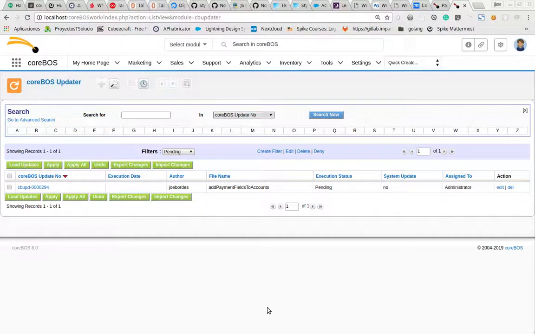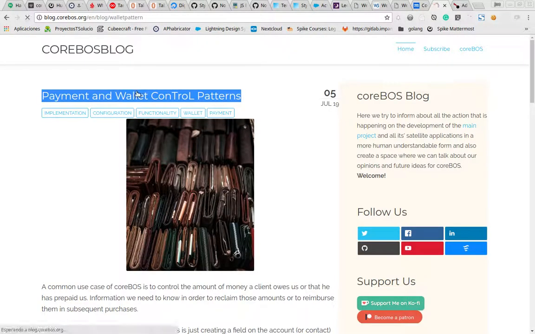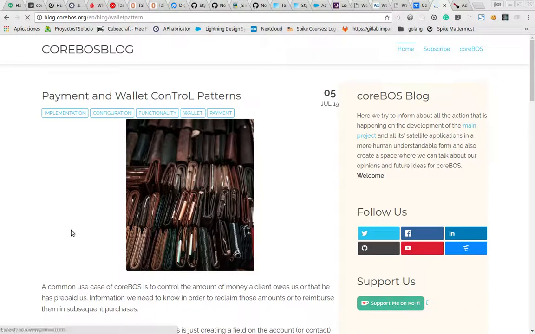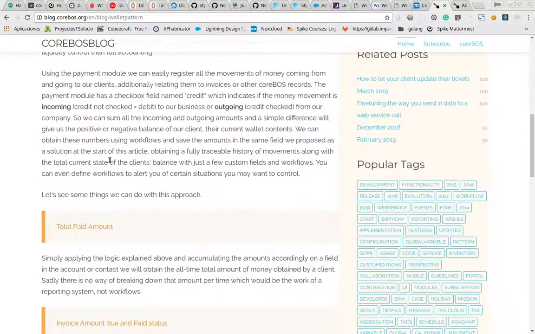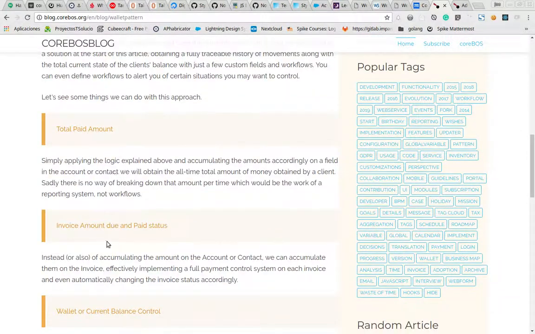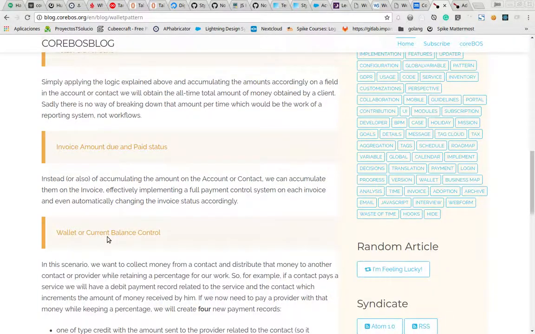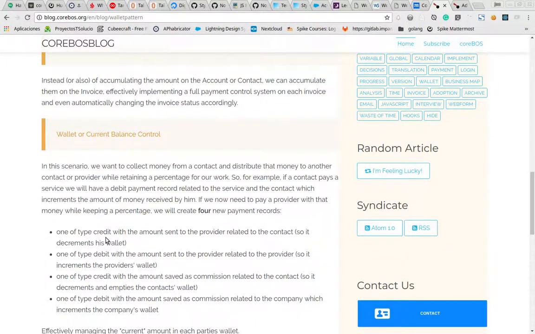Hello, good morning. This is a quick video to show you the new functionality about payments. In this blog post that we just released, I explain a little bit about the payment module, which has already been explained in other blog posts. But here I indulge in the different use cases and some of the scenarios where you can